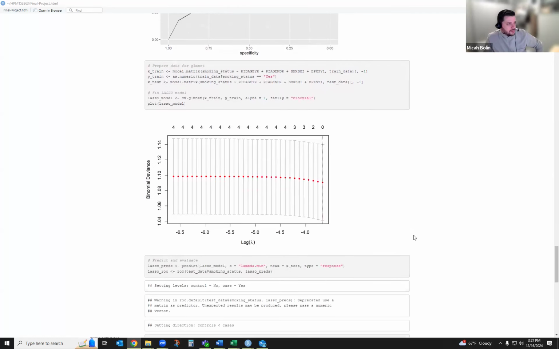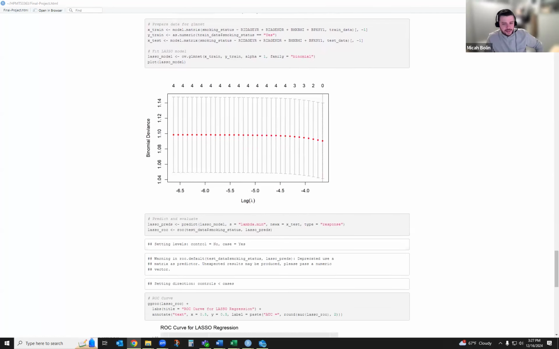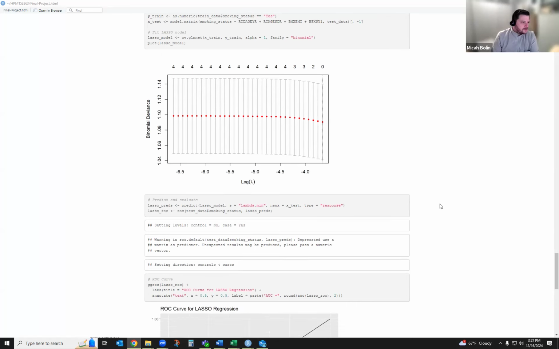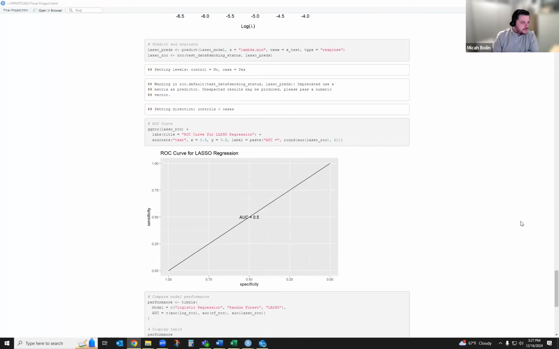The final model that I ran was the lasso regression, and lasso applies regularization to penalize less important predictors. This is to ensure that overfitting is prevented. In this lasso regression, as I scroll down to the ROC curve, lasso achieved a 0.50, indicating that there's no predictive power beyond random guessing. It suggests that the current set of predictors is insufficient for this method, because you could randomly guess and probably get the exact same model.